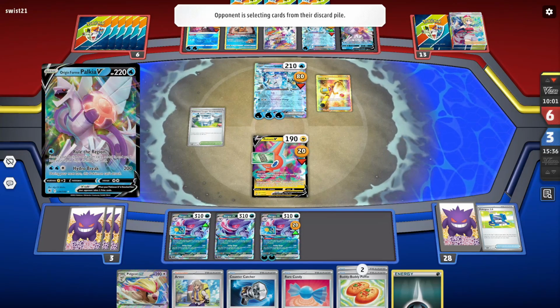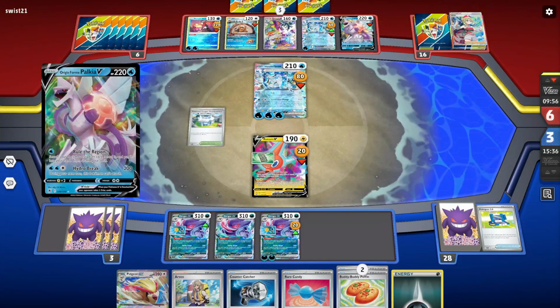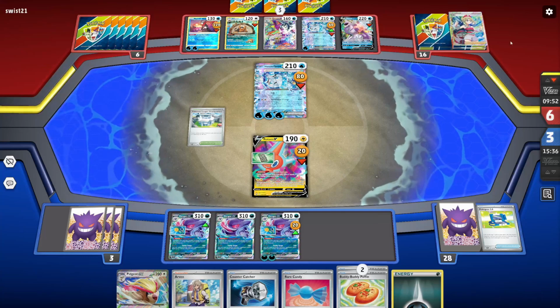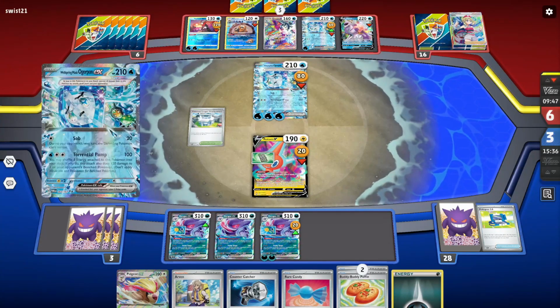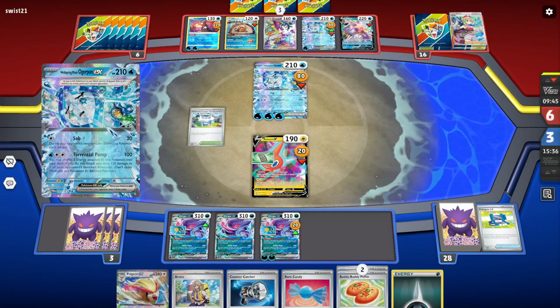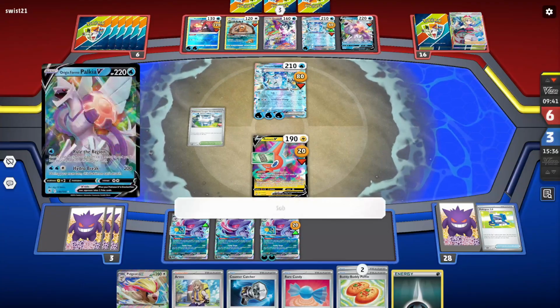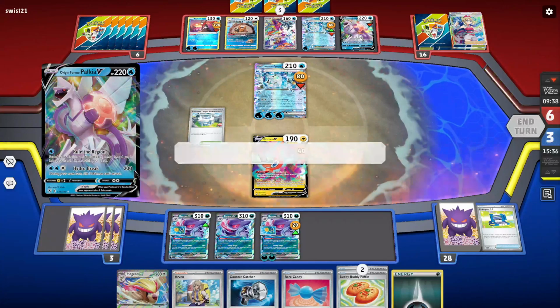It used to be running Chien-Pao, and then it was worse, so then you cut it. But now I think actually running a 1-1 line isn't bad. One, because it grabs you energy from your discard, which is always good. It does give you a Wellspring option, but it also gives you the Radiant Greninja play. As well as right now, we see a lot of decks that are playing the,